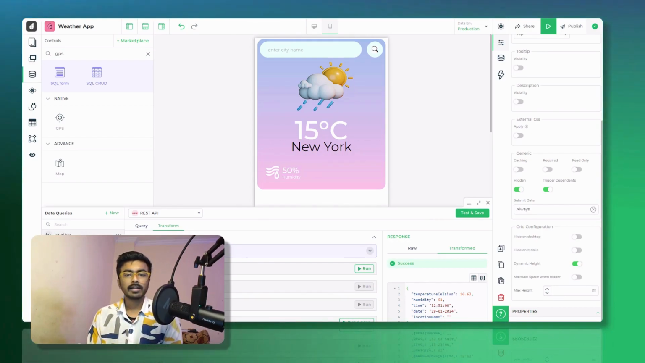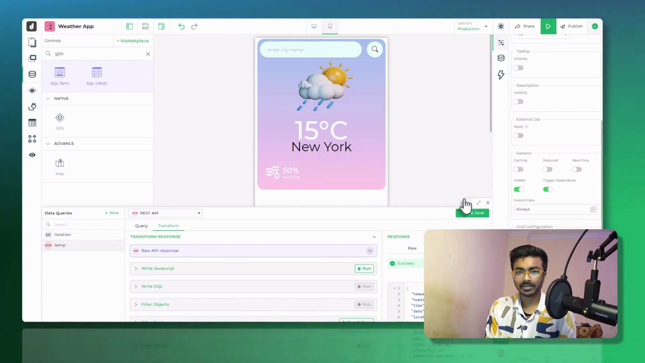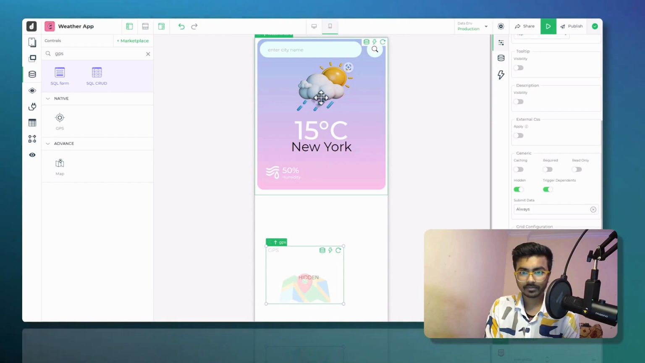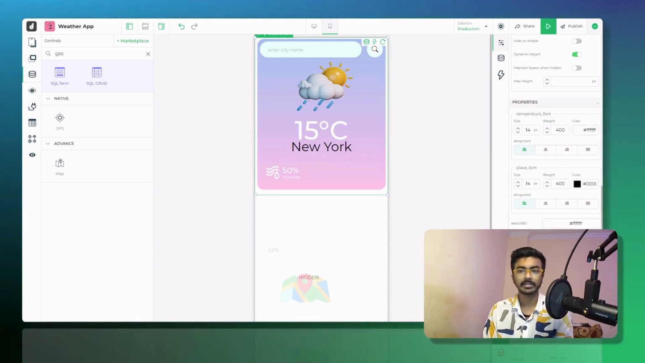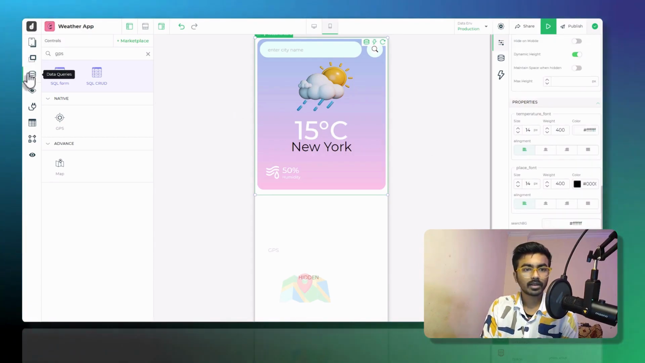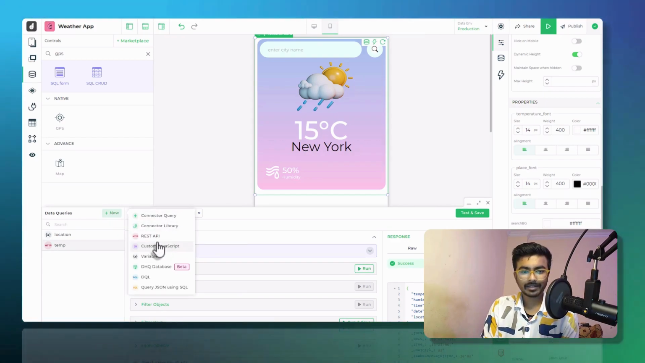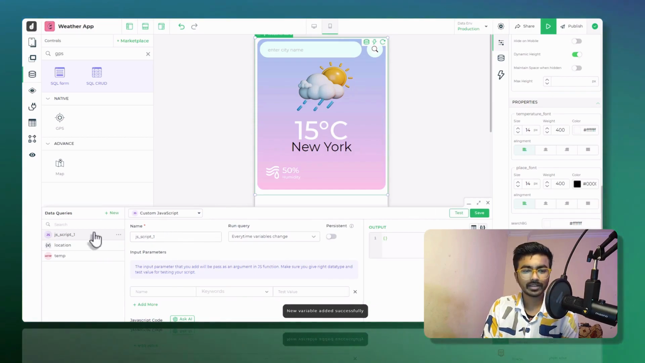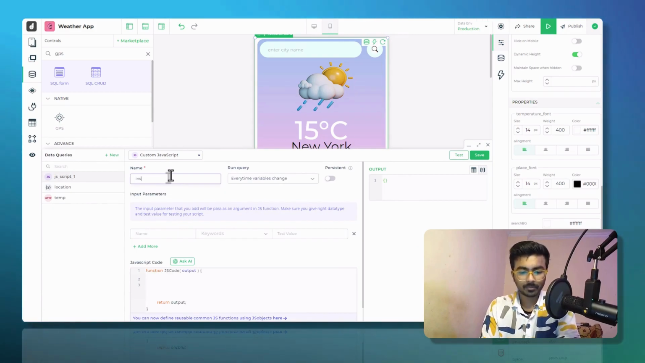Now the final part which I want is that you can see here this image, right? This is a static image. So if I just click on this particular control and just come here, you can see this is a static image. I'll come to data queries again, and this is actually quite a simple and straightforward method. I'm just using a JavaScript method data query,